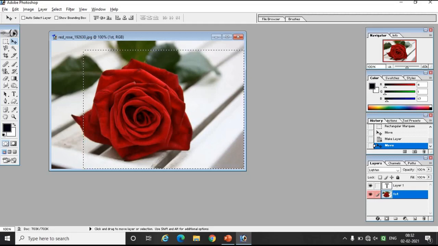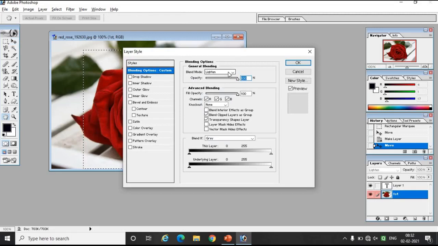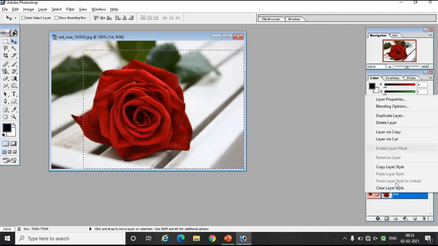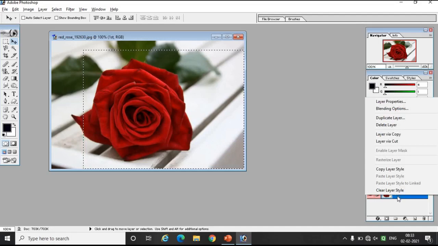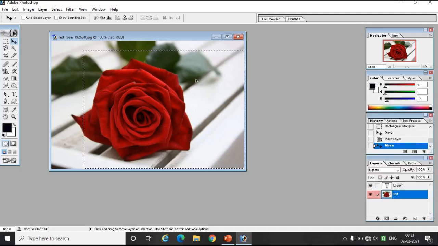you can change a background layer. Simply, what you can do here is change the name of a layer. Just double click over here. After double clicking, if it is not getting changed, at the beginning there is a background name. If you want to change the name, you have to double click over here. A dialog box will open, and when the dialog box opens, you have to give the name. You have to select a color. As I selected a red color, you can see the red color has appeared over here.